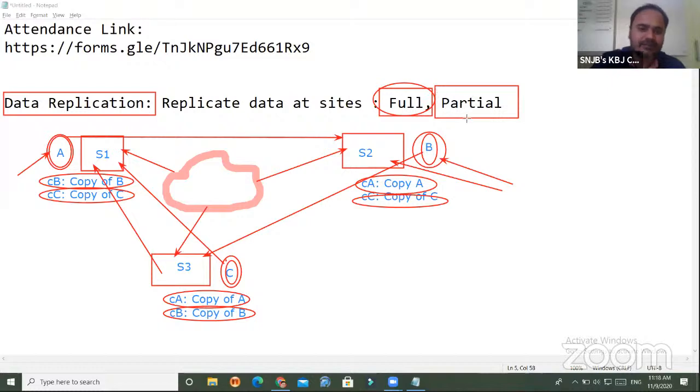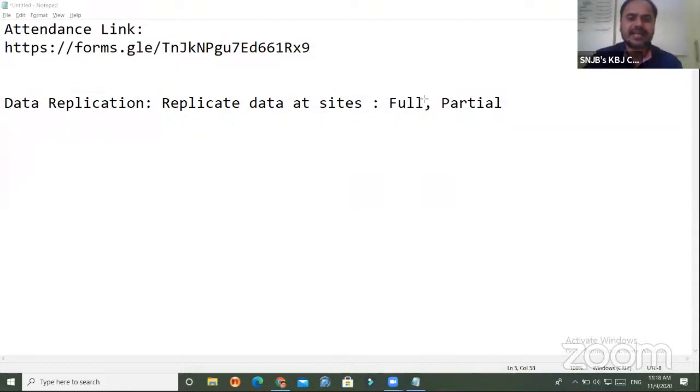Means partial copies, uske hum logon ne kya kiye hai? Bana ke rakhe hai. Now that depends on what? The application. So what is replication telling you? Replication is telling you in simple words that the copy of